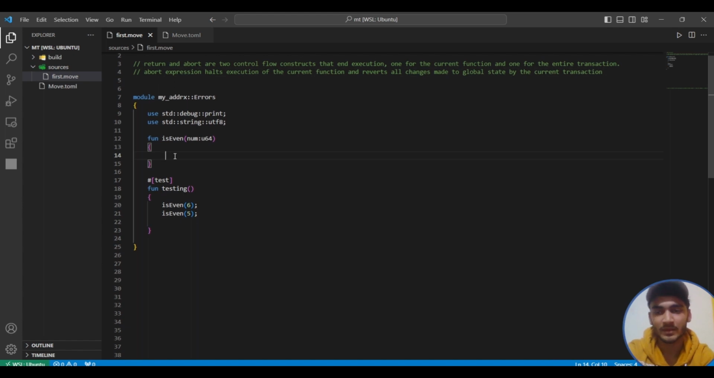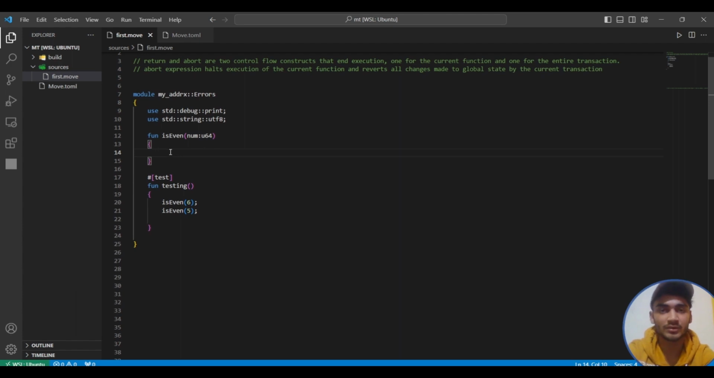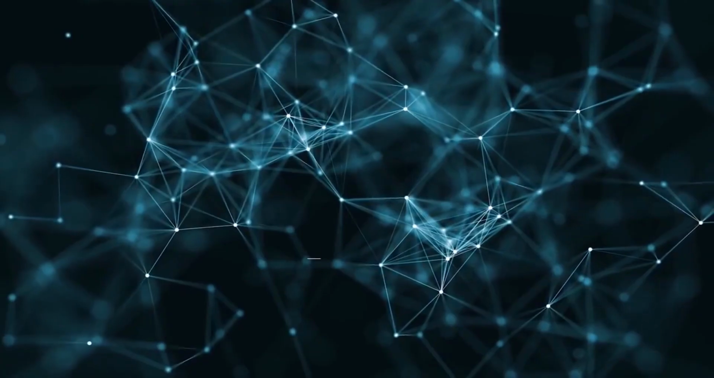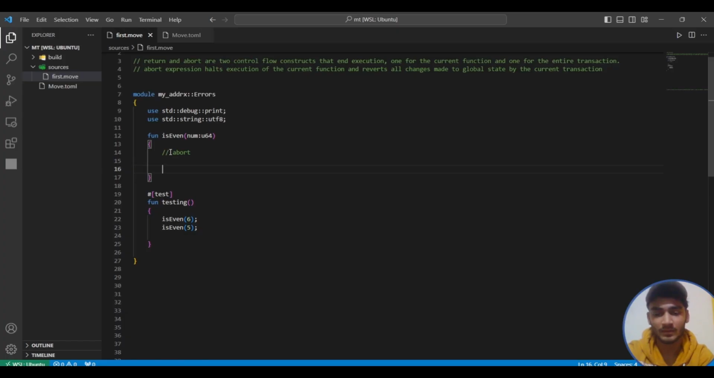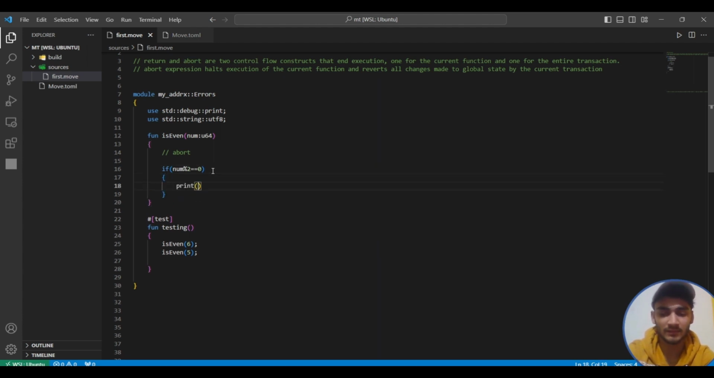Let's say I want to make a function in which I check if the number that I have passed is even or not. How will I do that? I will use abort or assert. First let's see the syntax of abort. So I will write if this number, double equals is used as a comparison operator, and this is the modulus operator. If this statement is true, it means the number is even, and if the number is even,